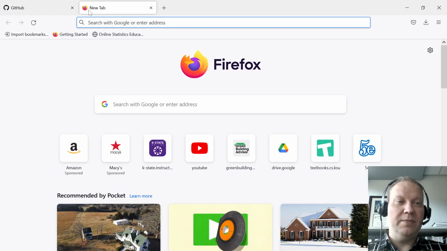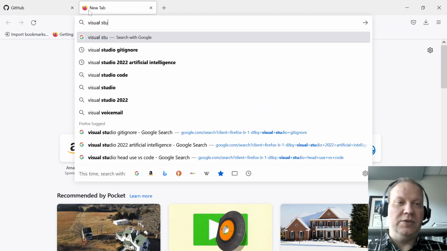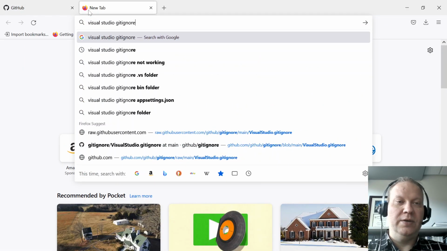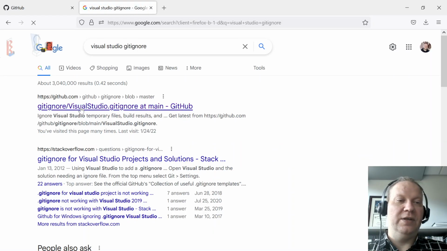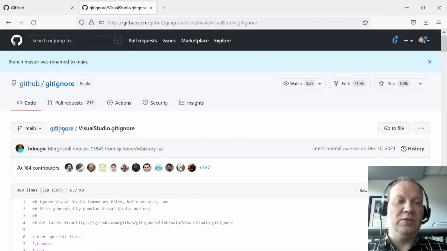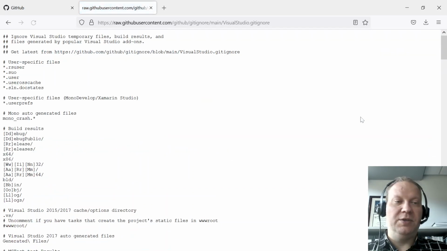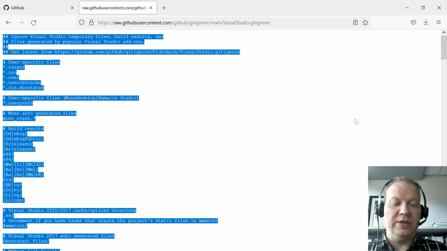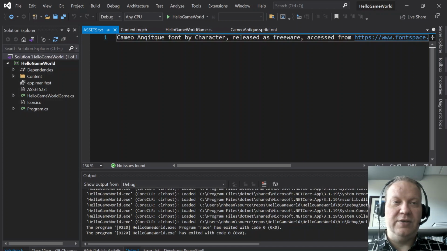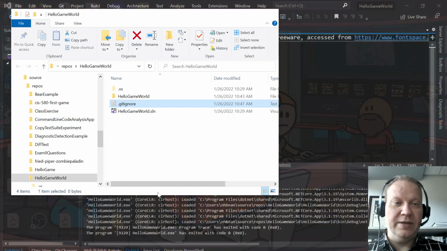So I have GitHub. I'm also going to just search Visual Studio gitignore, and there is a file that GitHub has published. They have a whole repository of gitignore files. This is the one for Visual Studio. So I'm just going to go ahead and use the raw, Control A, Control C to copy the whole thing, and then I will drop it back into that file that I just created